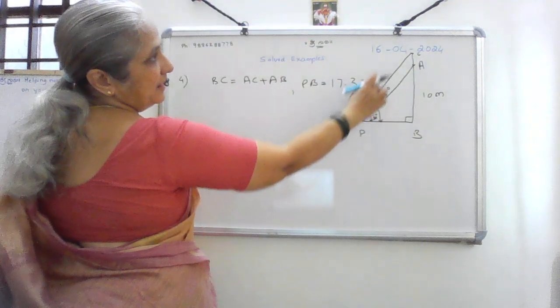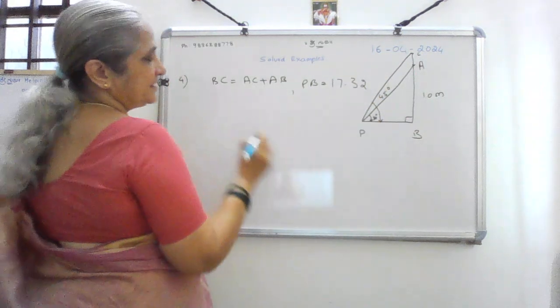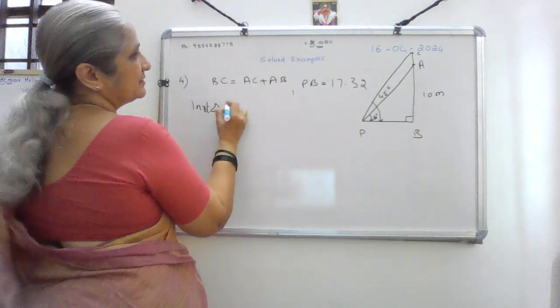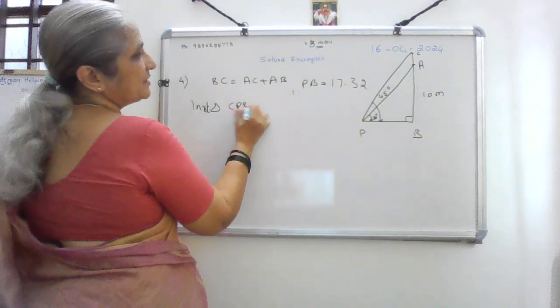Here CPB is a right triangle. In right triangle CPB,